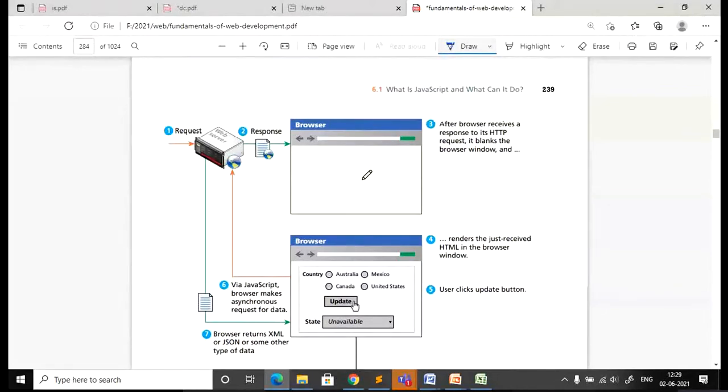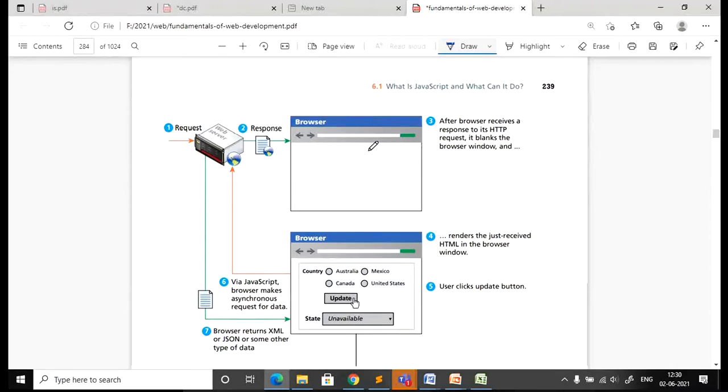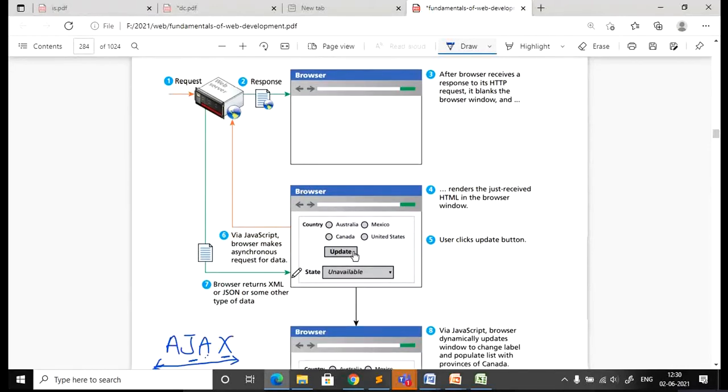Okay, you can just observe the steps carefully. There is nothing complex in this. When the request comes, the server will take some amount of time, and still you will have the blank page displayed. Once you get the details from the server side, whatever request you made, you'll be getting those details.